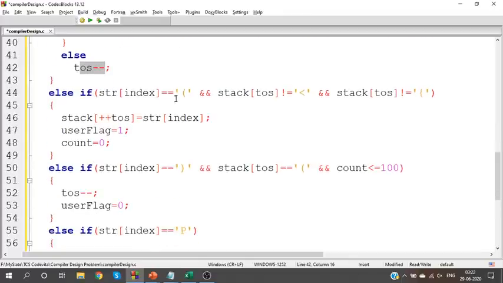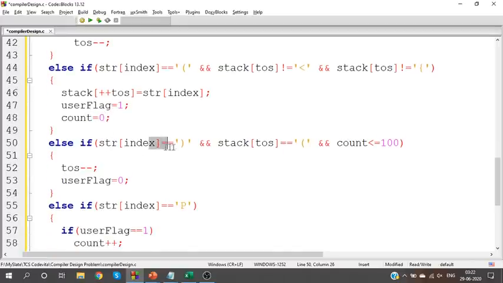Okay, now when I see a round bracket, I should ensure that this user defined function is not present in main and it is not present in a loop. In that case, I can add the user defined function, say that I have a user flag, and since I should count the number of instructions, count is 0.